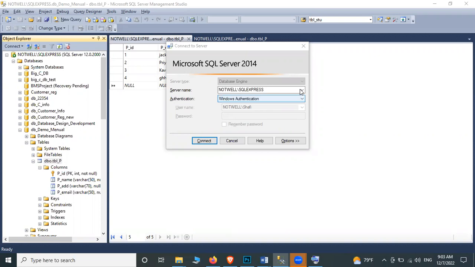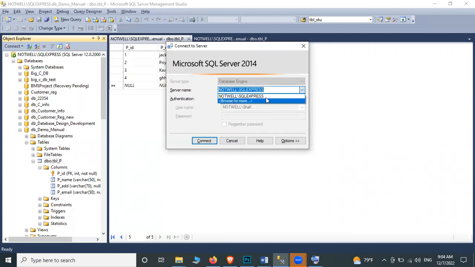Now look, when you start the server like this, you will be able to see something like this. So most of the time, your computer is the server. Okay, your computer is the one which will be working as the server for the database. If it doesn't show anything like this, you can drop